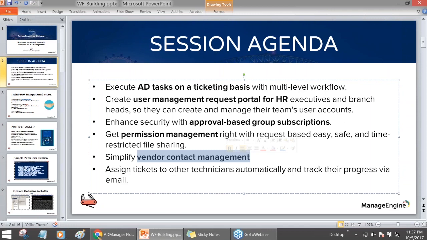Whatever they've already been used to, the fact where they go on to raise requests that are simple and that demand to and fro conversations between the concerned staff and the IT department. We are taking that challenge off the grid and handing over all the responsibility to those end users, be it your HR, your non-IT staff, or your operations staff, or probably a line manager who wants to do a group membership modification for one of his